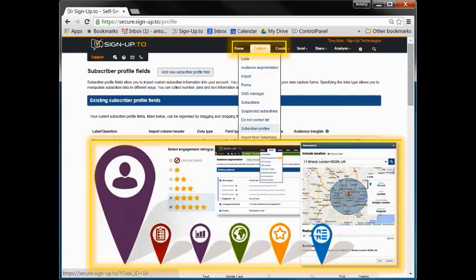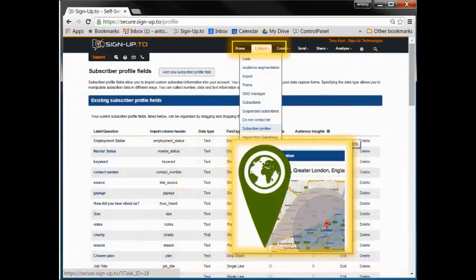Geolocation, that is, where your subscribers are physically located, can be really useful. Location can be collected directly on your data forms. If you do this, postcode is generally the best way to use, but your subscriber location is also collected automatically by the Sign-Up To system from their IP addresses when they open